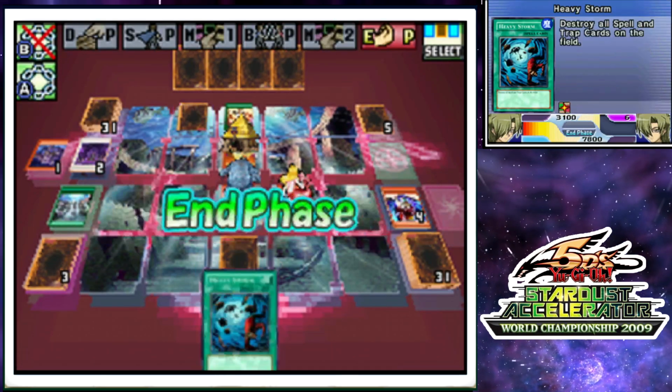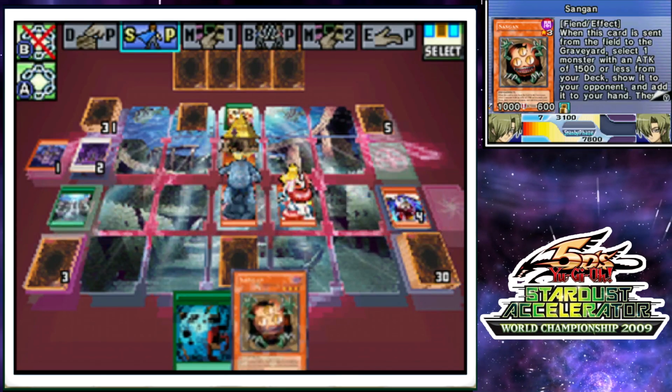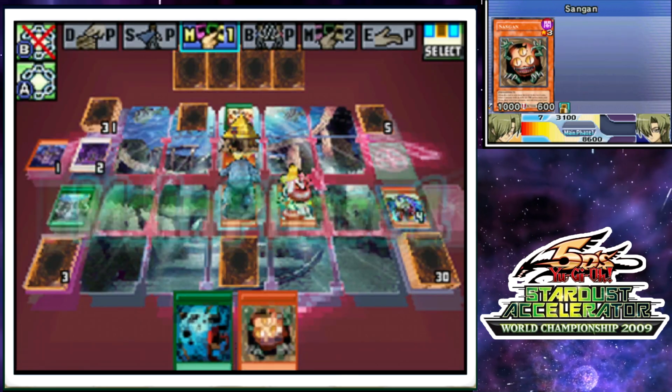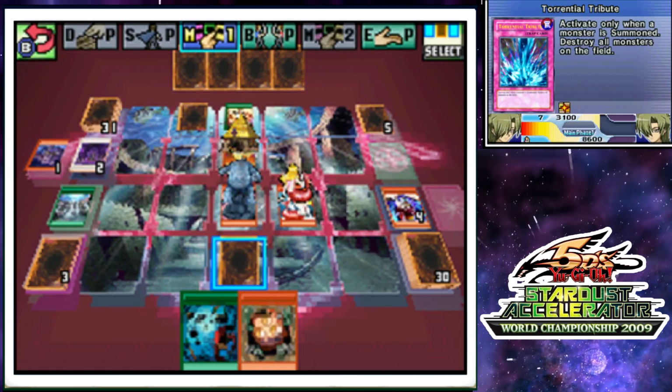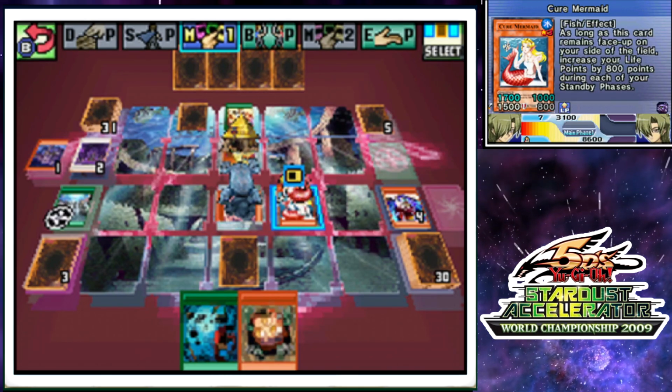And there's a trap I've been waiting for. There we go. That's about right. And I drew Sangan. Very nice. So, if I attack Pyramid Turtle without Yugioh on the field, I will literally be killing myself. So instead, I'm going to play a little passively and take advantage of a Legendary...